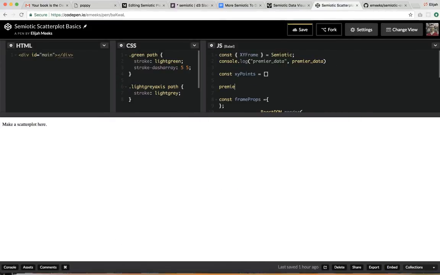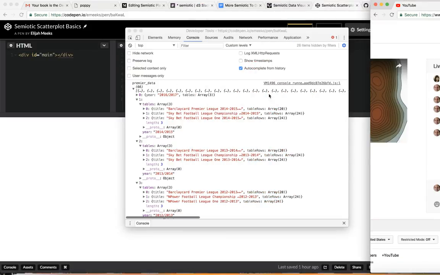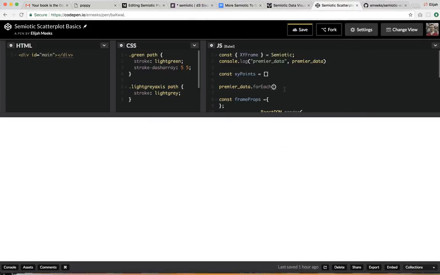So Premier data for each, and then, trying to think of a nice name, what are these, teams? These aren't teams, I guess they're years, right? And then year,